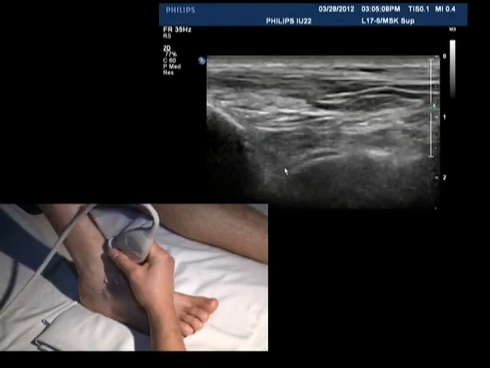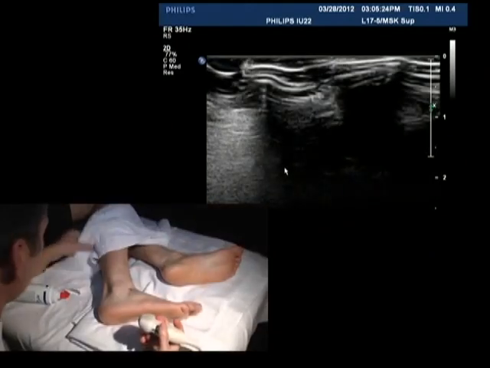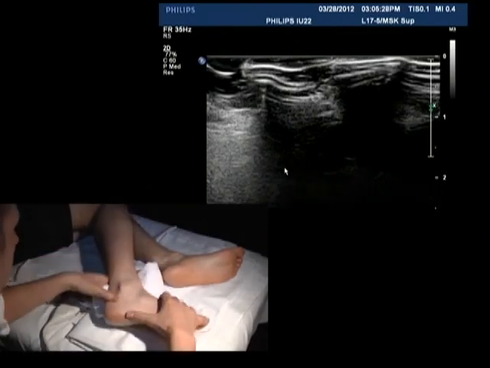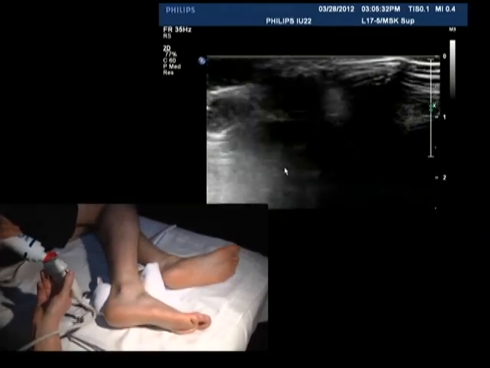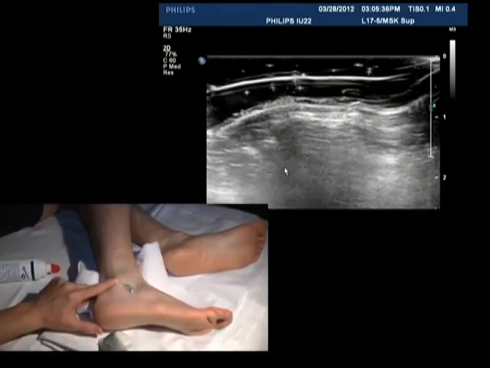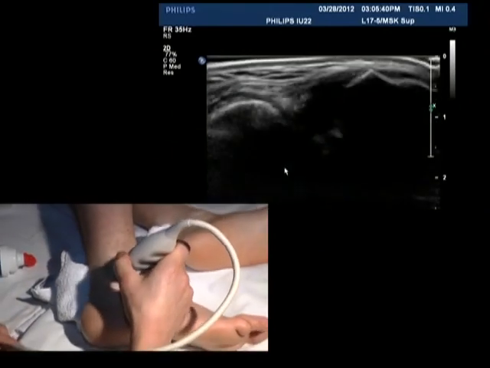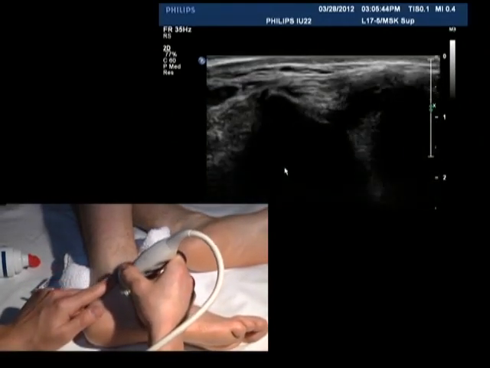Okay, why don't you lie a little bit on your side. Here I usually put a little towel right under the ankle. Kind of helps us to get a little better contact. And again, you can see the bony landmark here. We can see his lateral malleolus. If you put, again, your probe right on the lateral malleolus and then angle it a little cranial,